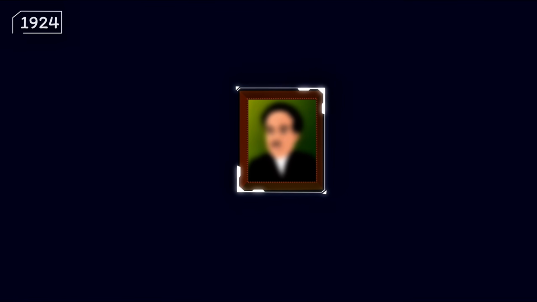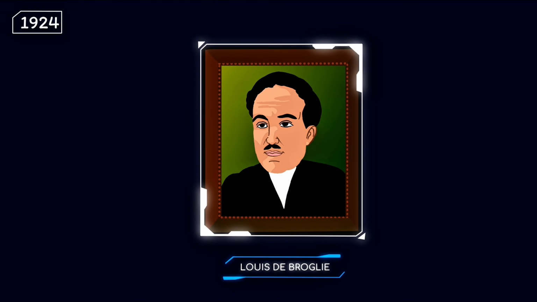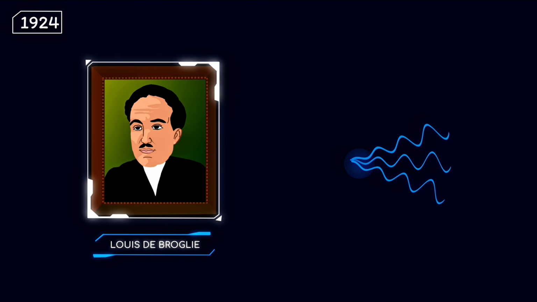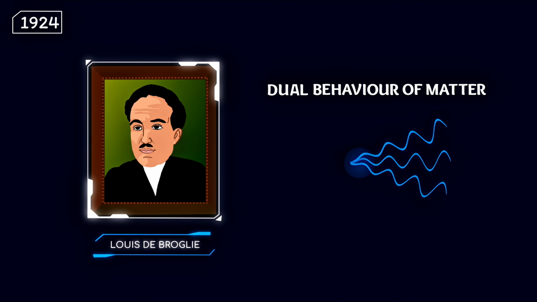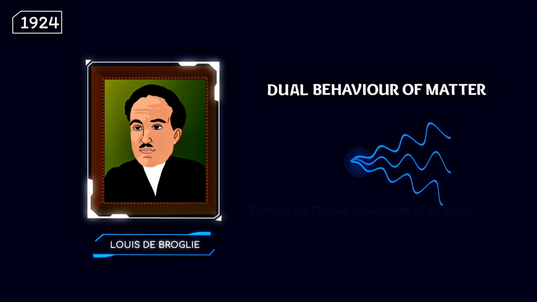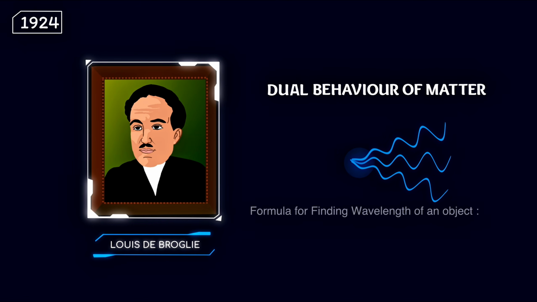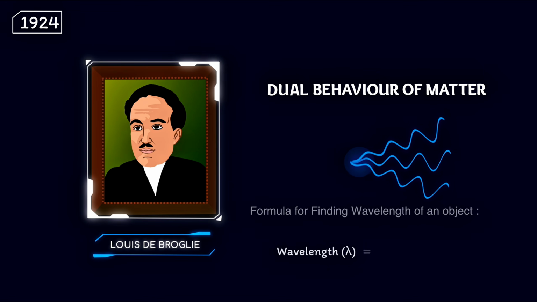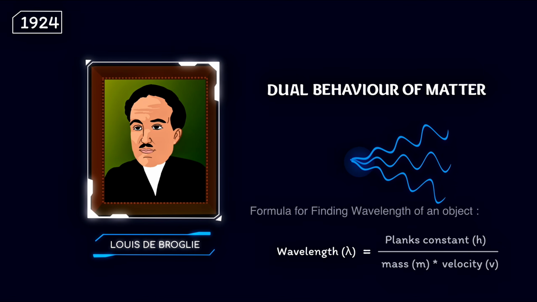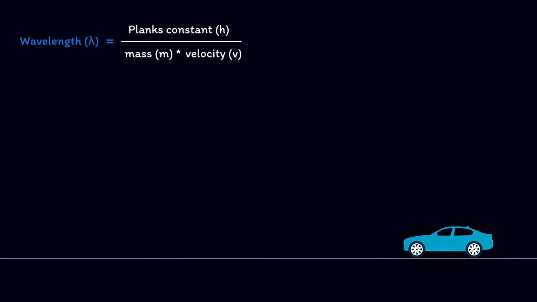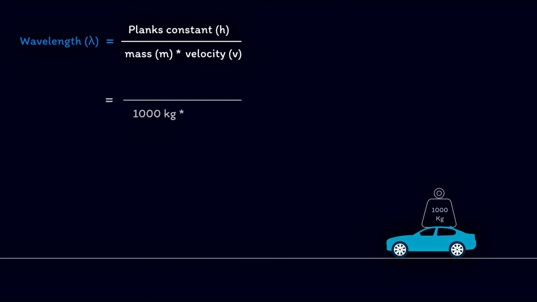In 1924, French physicist Louis de Broglie proposed that every object has wave nature when in motion, a concept called the dual behavior of matter. According to de Broglie, the formula for finding the wavelength of an object is wavelength equals Planck's constant divided by mass times velocity. For example, imagine a car with a mass of 1,000 kilograms traveling at a speed of